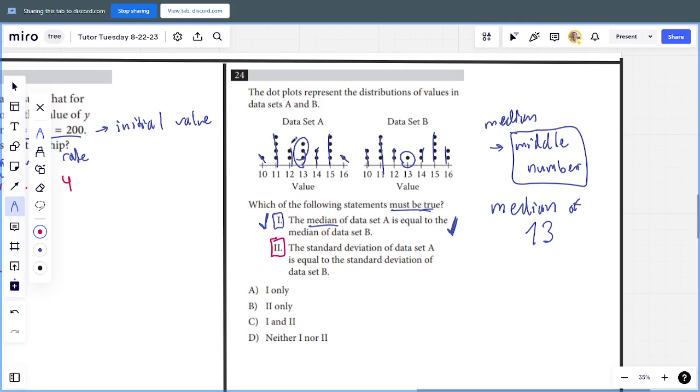You can just look at the shape of these graphs and look at how much variation there is in the data set, or how much it deviates from the average, or the mean. They both average around 13, but to me it looks like the variation is slightly higher for dataset B. This one has a higher variation or higher deviation,